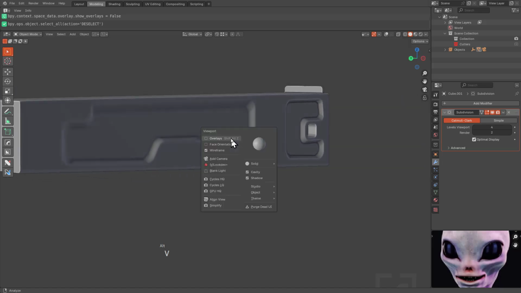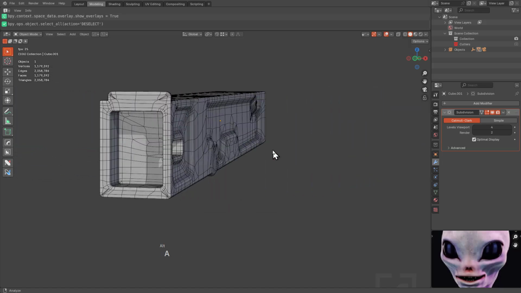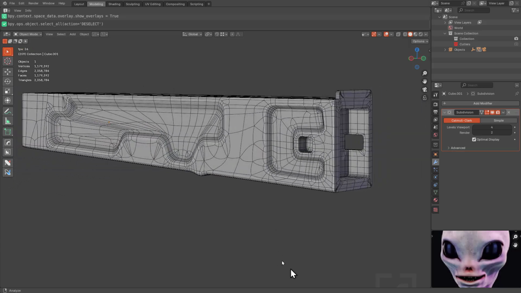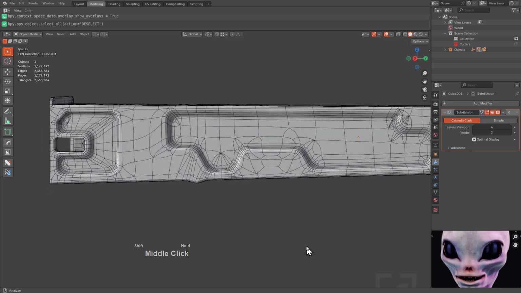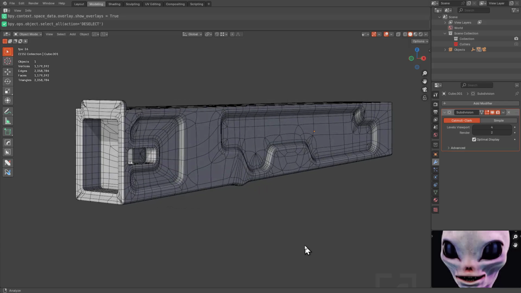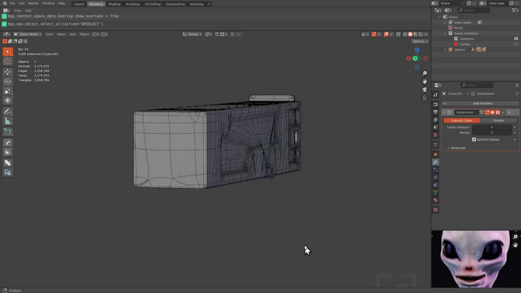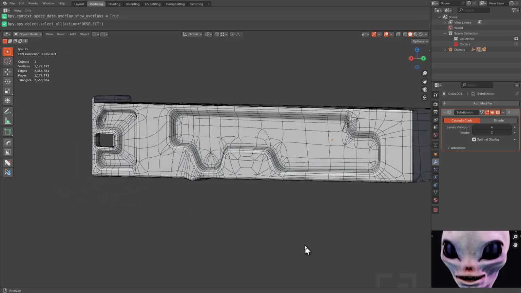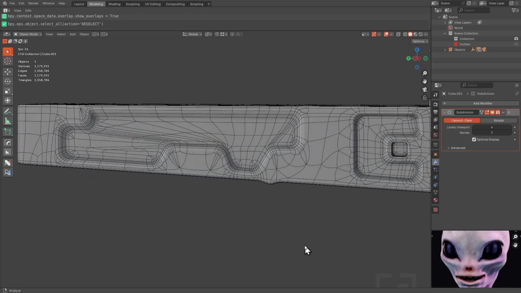But let's add a subdivision to it. And let's turn on overlays and just take a look at what we have going on. And at least for this brief moment, we can revel in our victory. It was hard fought. Both sides show two different solutions. That's what I'm zooming in on as I'm looking at this. I'm thinking maybe we could have mirrored portions of this, or reused portions of this en masse.